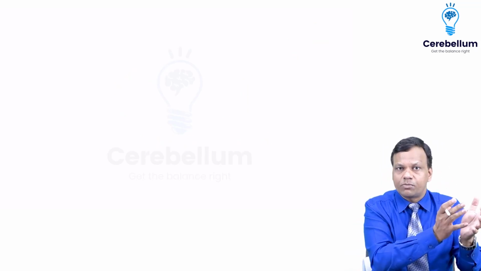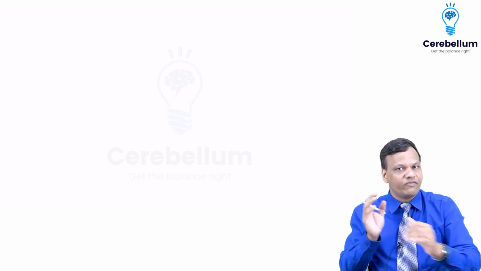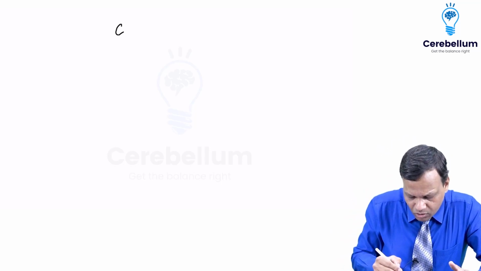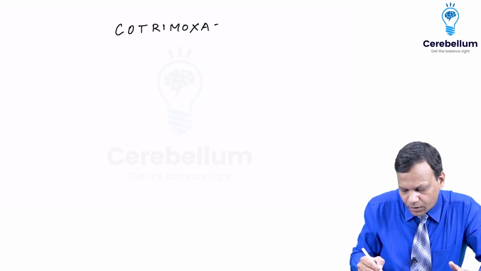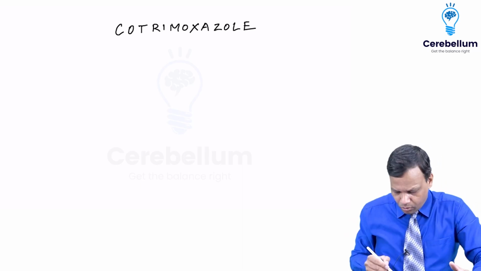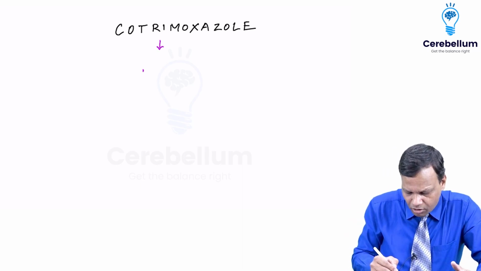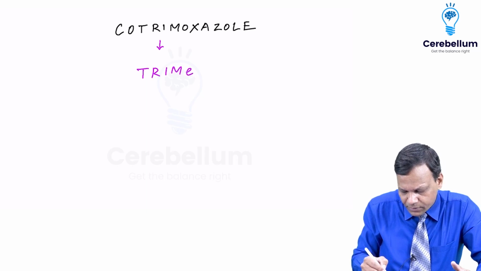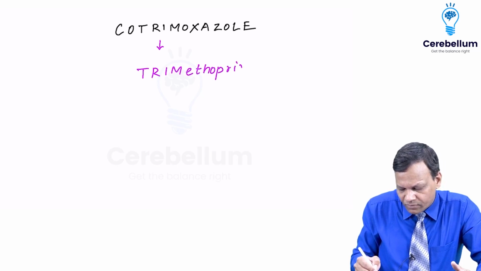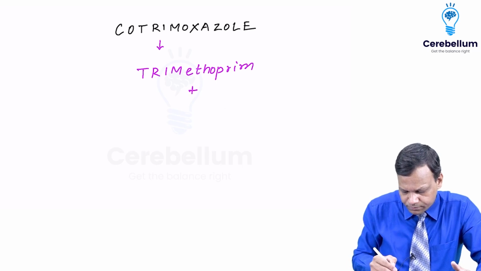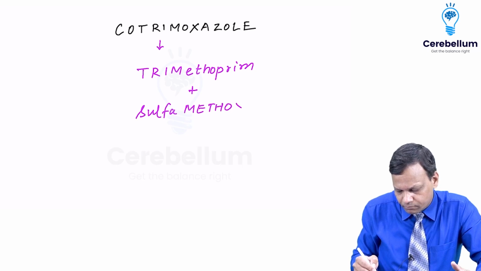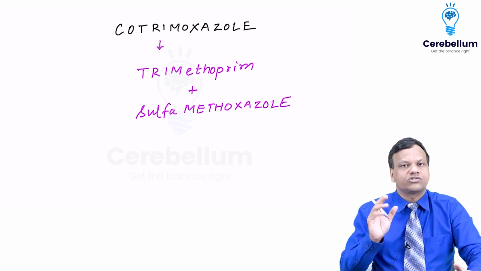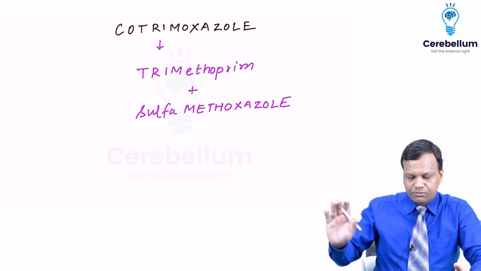One is the combination of trimethoprim. Second is the combination of pyrimethamine. So we will discuss one by one. The first combination is called cotrimoxazole. Cotrimoxazole is a combination of trimethoprim with sulfamethoxazole. So the combination of trimethoprim with sulfamethoxazole is called cotrimoxazole, and from the name you can find